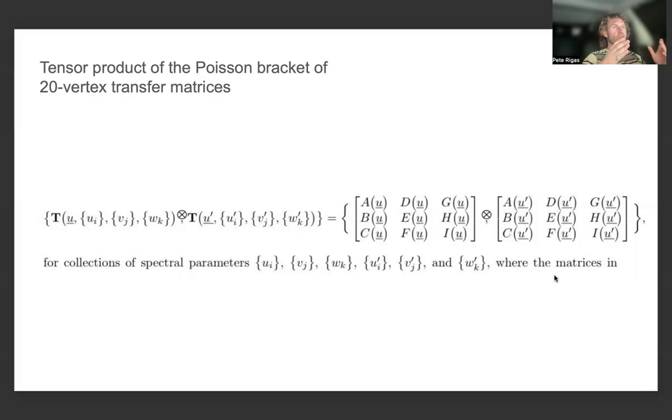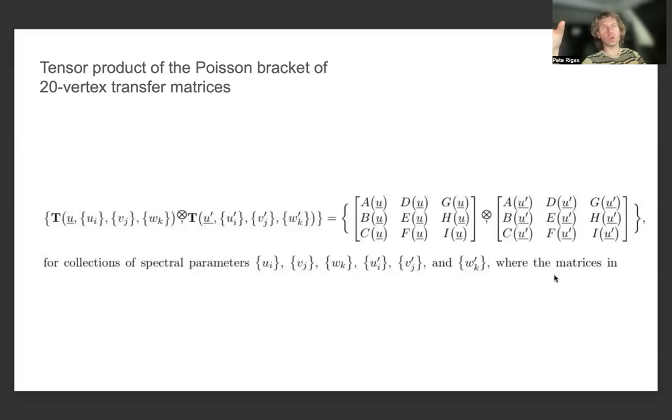And from these transfer matrices that are dependent upon different spectral parameters that are not equal, we can obtain the total number of relations which are given in the Poisson structure. And in the case of the six vertex model, this came into play because it really helped us analyze 16 Poisson brackets which appear within the Poisson structure, and deduce that there are some